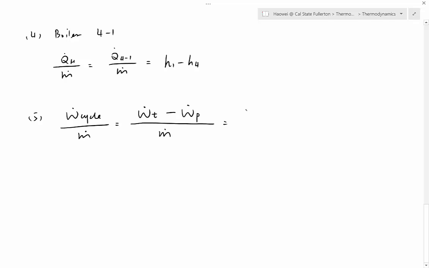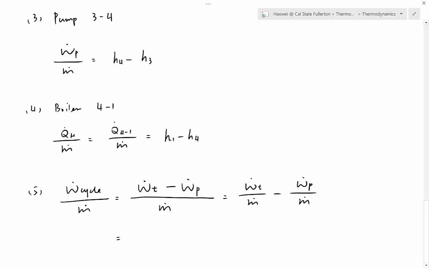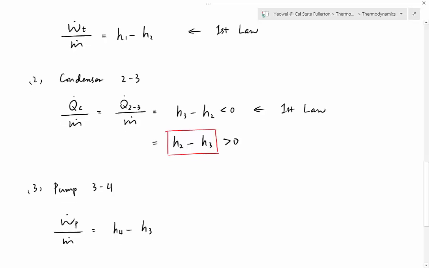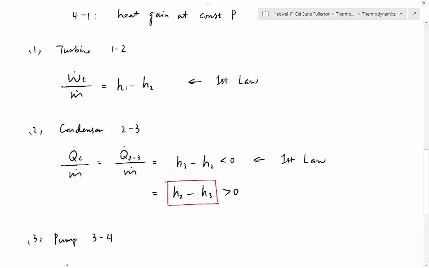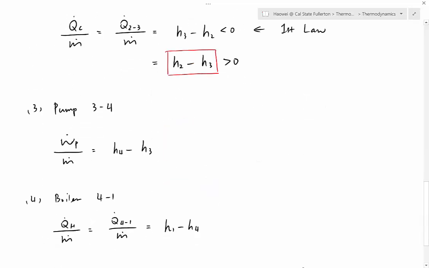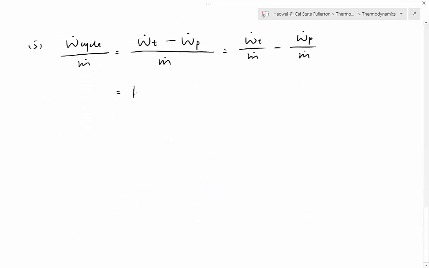So this equation becomes W dot T over M dot minus W dot P over M dot, and we have every one of them. W dot T over M dot, what is it? If you forgot, you can go back to our turbine 1 to 2. That's H1 minus H2. H1 minus H2. Minus,